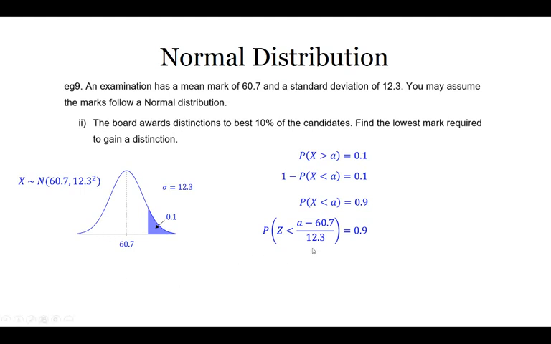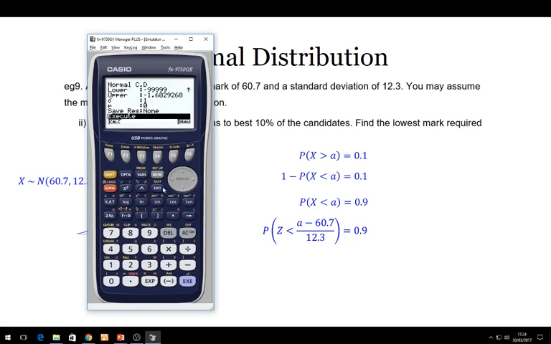I don't know the z value itself, but I do know the probability is 0.9, and I can find out what the z value should be using the inverse normal. So now I need to come out of this but go back in distributions normal, but this time inverse normal. My area is 0.9. Scroll down and work that out. So that tells me that this z value here is actually